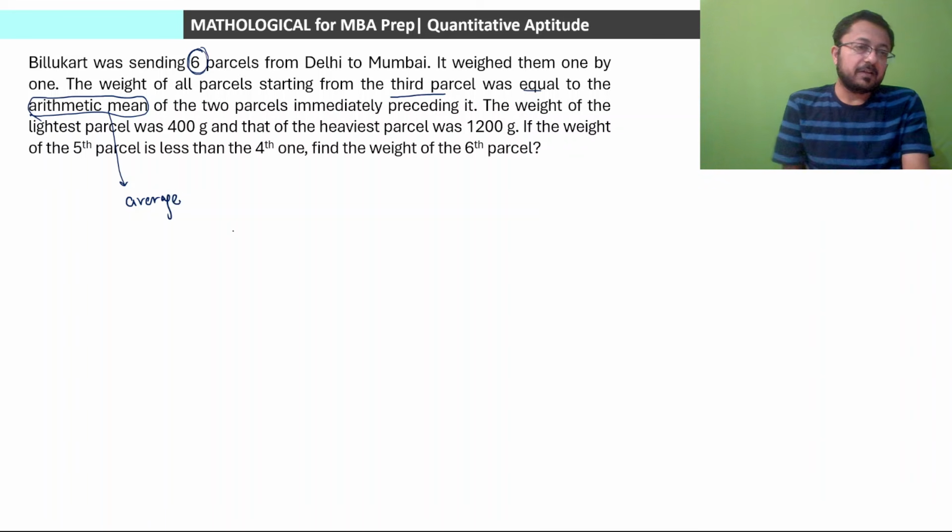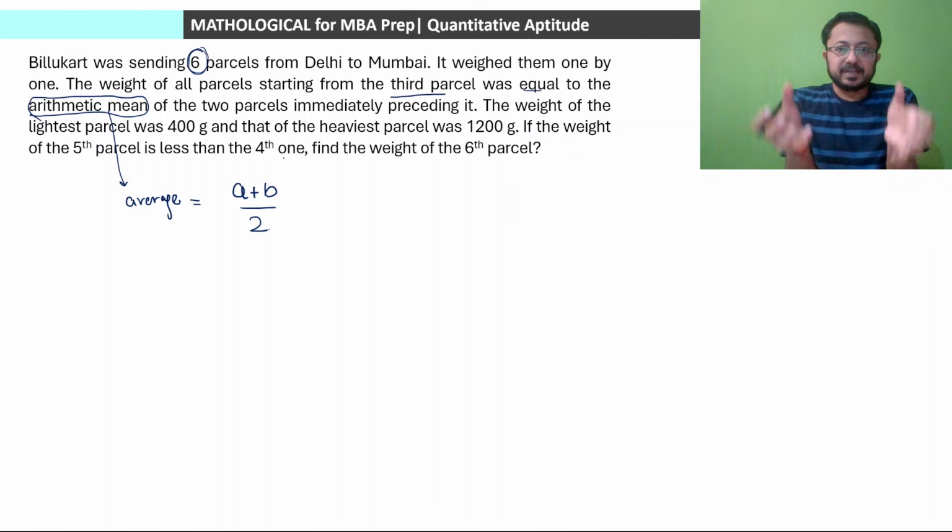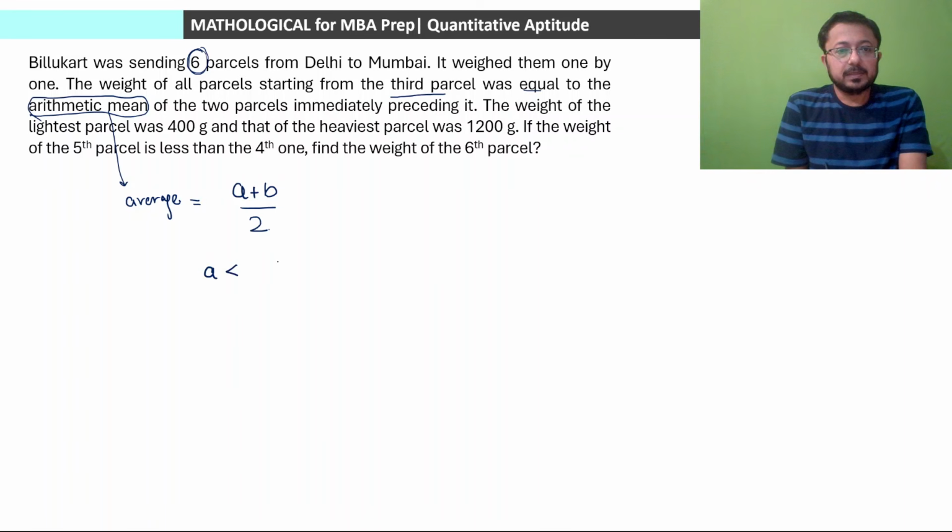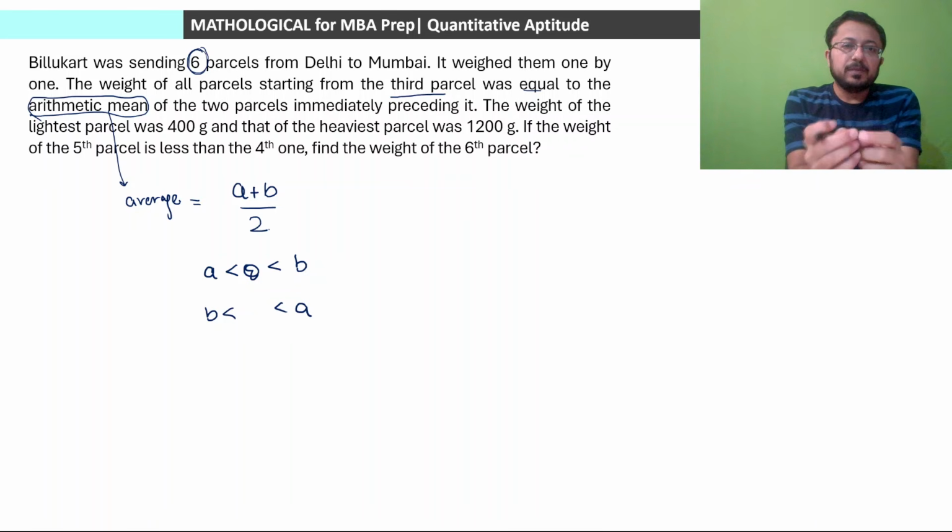The property of average is that if you are taking average of 2 values, let us say the values are a and b, average will be (a plus b) by 2. And in all cases, the average will be between a and b. Average is always between the two values, ठीक है. अगर दो ही values का average है तो that will always be lying between those two values. Is that clear? So this average will be between a and b. If a is the lesser value, then it will be between a and b. If b is the lesser value, then also it will be between a and b in all cases. ठीक है. So जब भी हम average लेंगे, average will always lie between the extreme values.